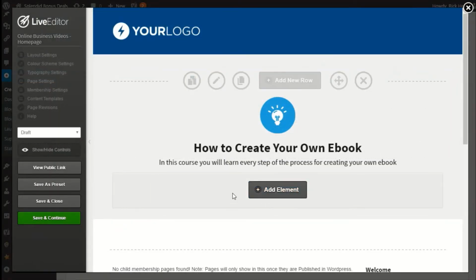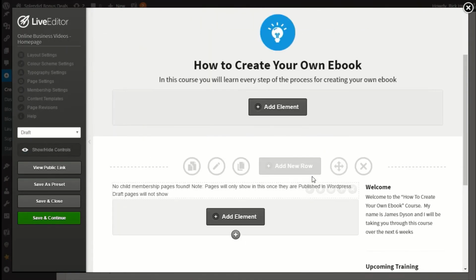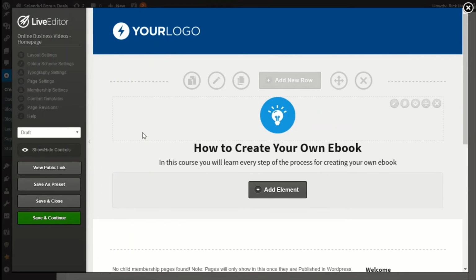Alright, this is an example of the home page. You can do some editing on the headline and subheadline and also add other things to your liking. The next step is to set this as a membership site, so what I would do is go to Membership Settings, Membership Page Settings,